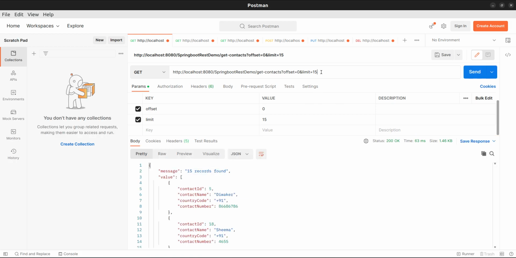But generally in pagination, we get only a few records, like 10 records or 100 records. If you see your Gmail account, in one shot it gets 100 or 50 mails, whatever it is.